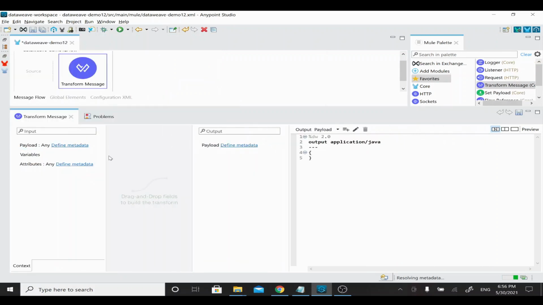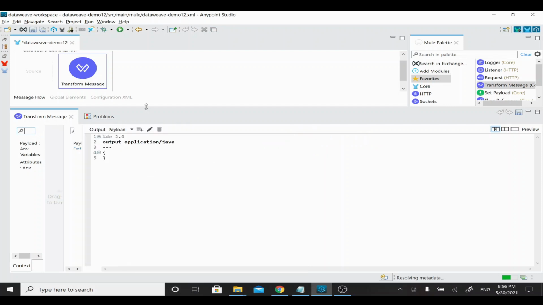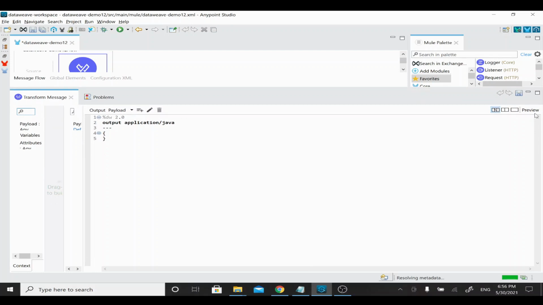Okay, so we have more space now, so I'll make the DataWeave editor a little bigger. Now we have a DataWeave editor, and here I'll click the preview also. Whatever code we write, we are going to see the output on the right side. I want to see my output as JSON, so I'll save it as JSON, and you will be able to see this output in your preview. It's resolving the metadata and trying to load your preview.